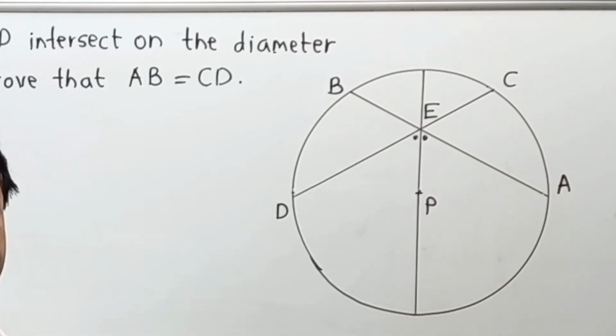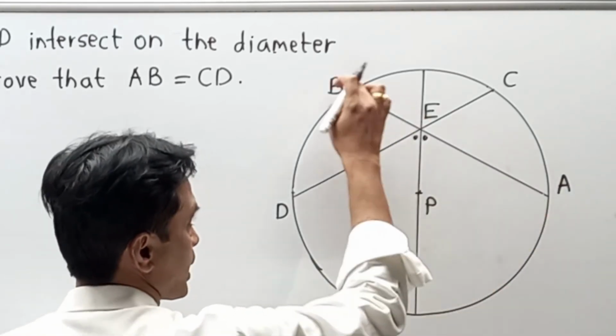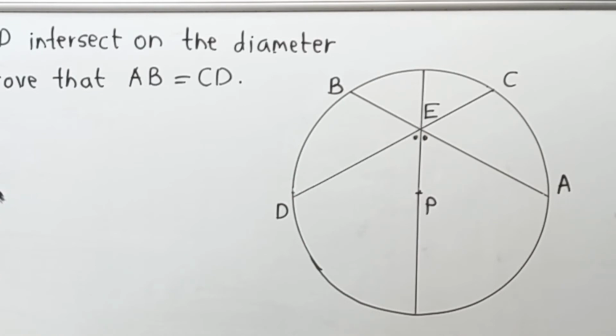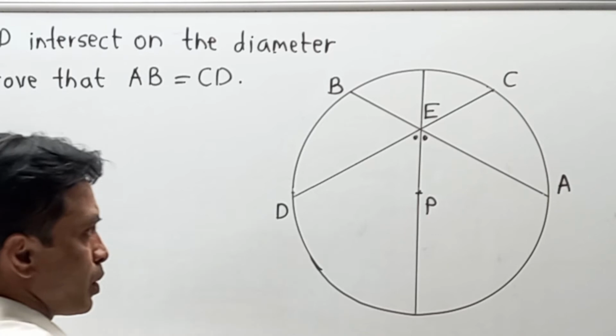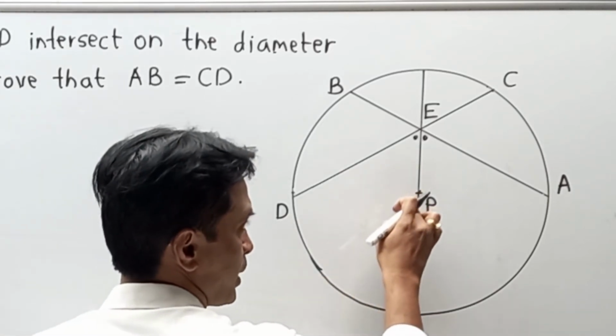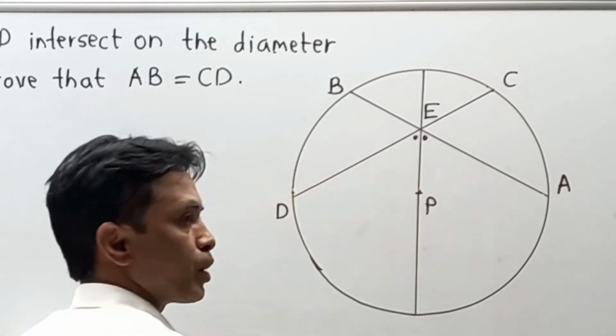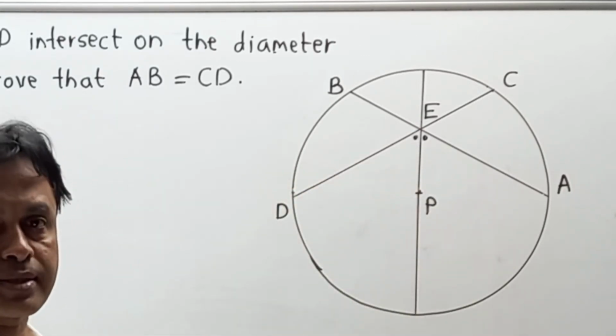This is the diagonal structure which is given over here. Now our target is to prove chord AB is equal to CD. In that case, there must be some part of a triangle, so we are going to make a construction over here. Now from point P, on the first arc AB as well as the second arc CD, I am going to draw two perpendicular distances.